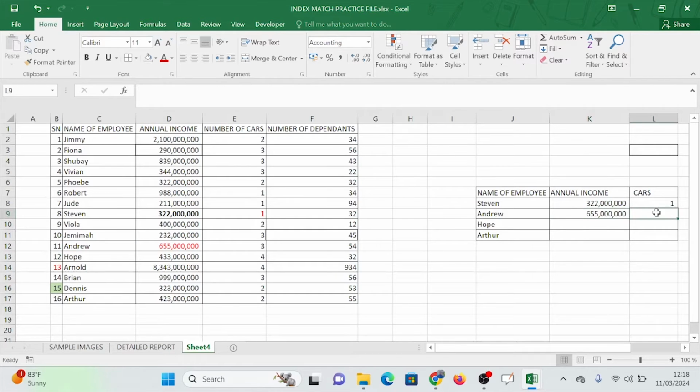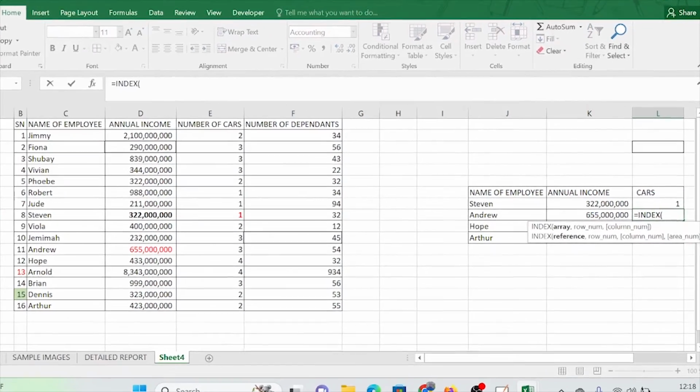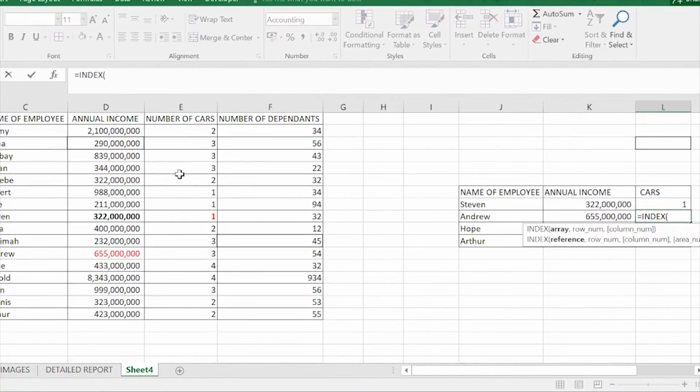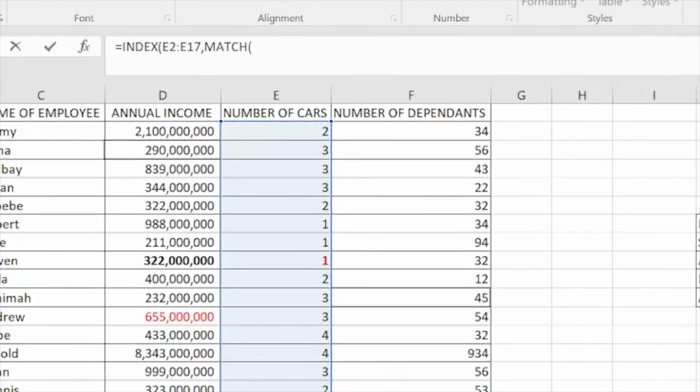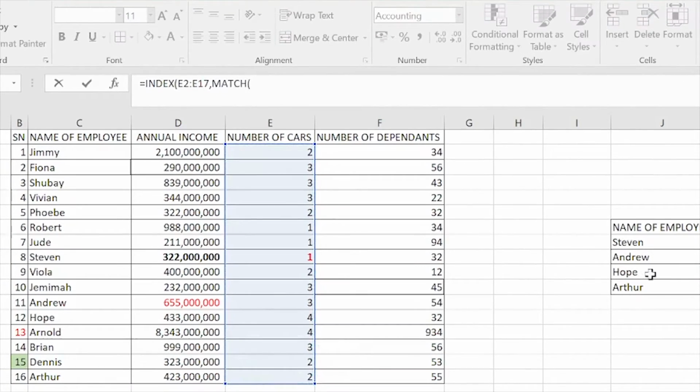And it's the same thing here for cars. Now let me do it a bit fast. I think we are getting it here. This is going to be index, open brackets. I'm looking for number of cars. I'm going to come here to that column for cars. Select it, comma, match, open brackets. What am I looking for? We are matching Andrew,